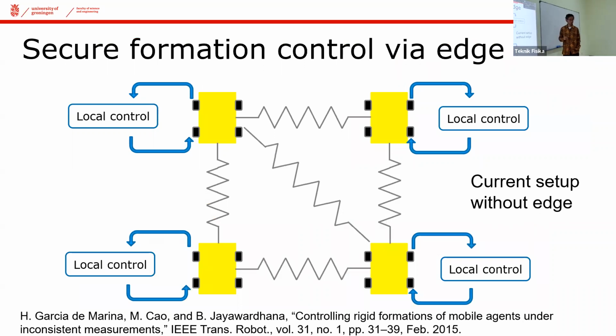Now the last one, this is an exciting one. When we look into formation control, I said earlier that everything is implemented in a distributed way. But imagine in the near future, when we have edge computers or Google Cloud, and we would like to implement everything in Google Cloud. And why? Maybe we would like to outsource all the computational power somewhere else.